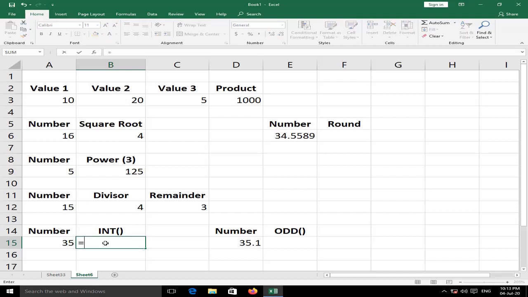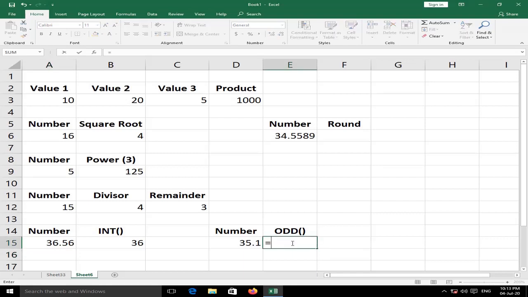So equal INT, bracket start, select the number, bracket close, enter key. Now look here, if I enter any decimal numbers, it will display only the integer part, the decimal part will be omitted. Now come to the ODD function.